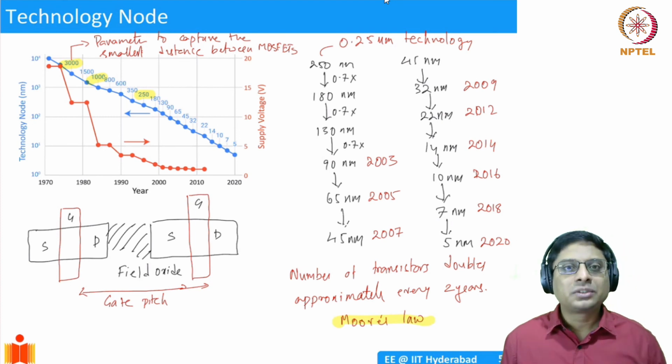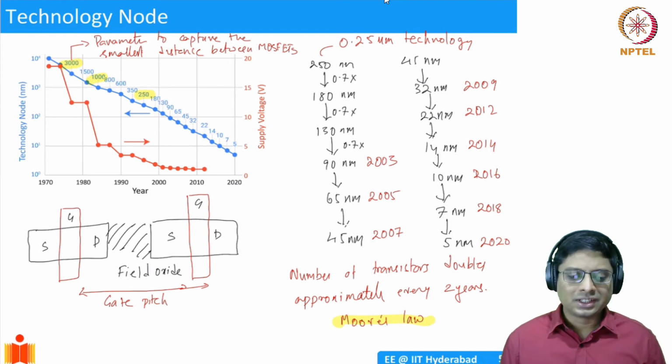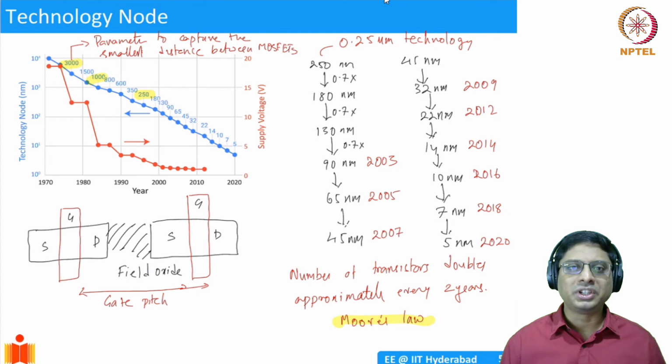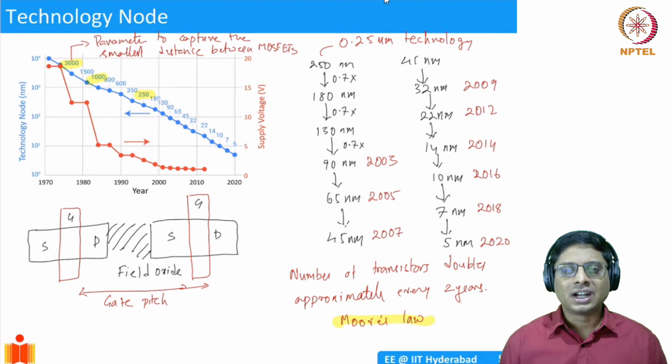So while we do this process, the performance improves significantly. Okay. It turns out that this is not that simple. There are various challenges. If you ever try to fabricate a PCB, you would have seen that the PCBs in your computers or any electronic components have these fine copper lines connecting the electronic components. If you try to fabricate them at home, you will see that it's quite challenging to make very fine features. Now we are talking of nanometer scale features. How do we do that? It's a whole lot of a difficult process, but thankfully, the semiconductor or IC industry has developed these processes so that this can be realized.